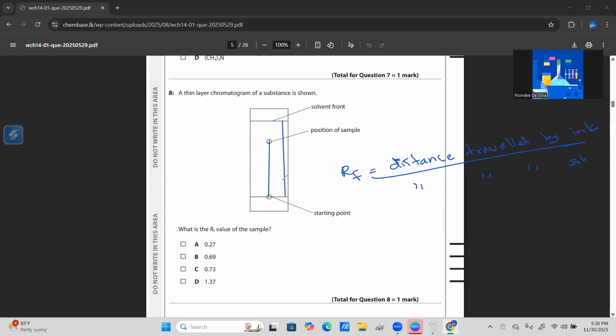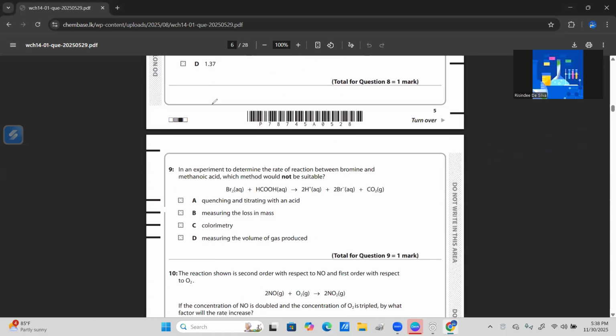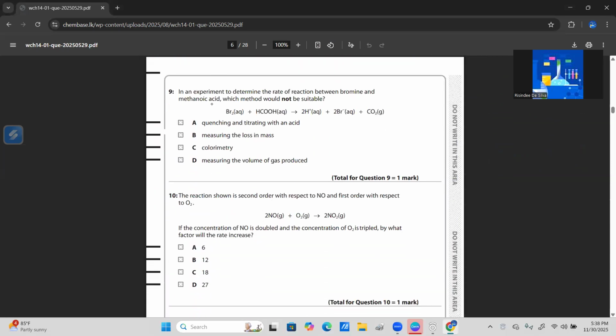So you can use a ruler to find this distance. When you measure it, you get an answer closer to 0.73. Then ninth one,